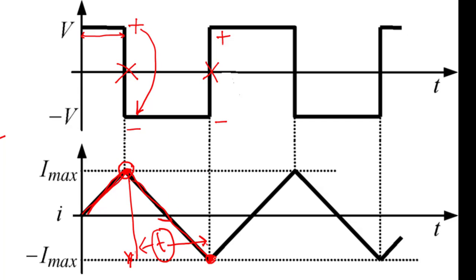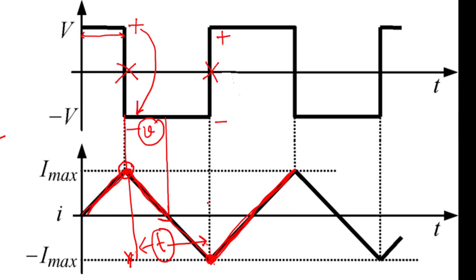Now at this point, the voltage has become positive again, so current will not change instantaneously like in the case of a resistor. It will take again some time and current will increase like this. This concept will be very important. As you can see, even the voltage is negative from here to here. The voltage is negative, but the current remains positive,